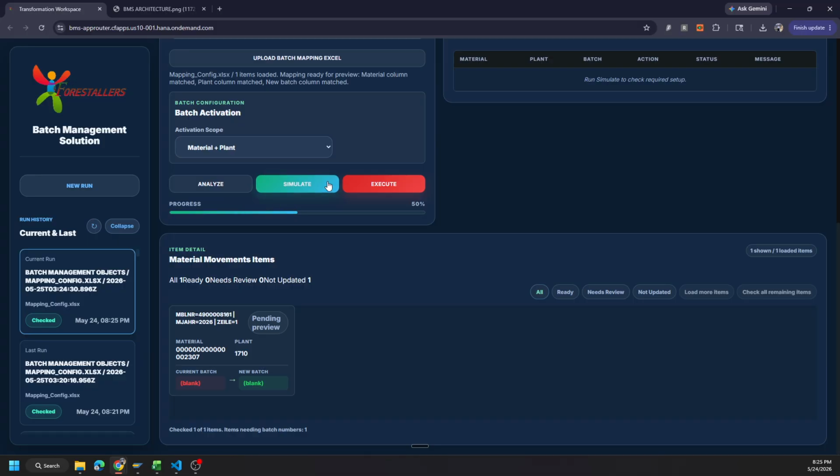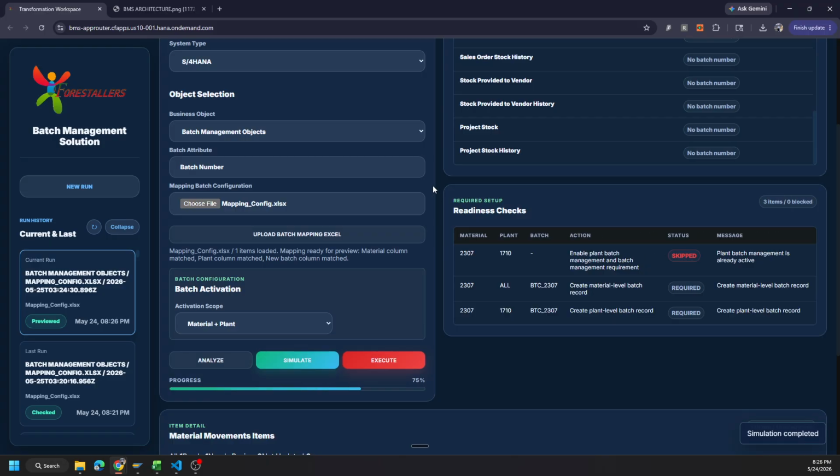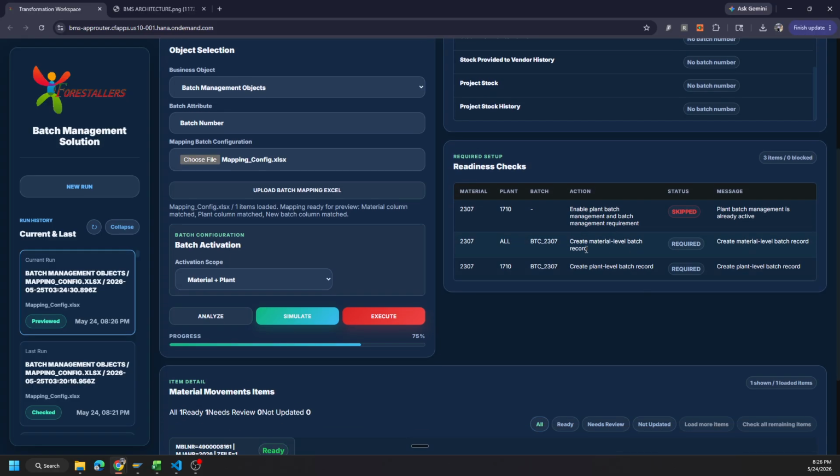Now let's click on simulate. It will show us what things will be changed. Yeah, so simulation completed. It says required setup. So readiness check. These are the things. Plant batch management is already active, so this activity is skipped. Moving ahead, material level batch record. It will create the material level batch record, plant level batch record, and it will move ahead,